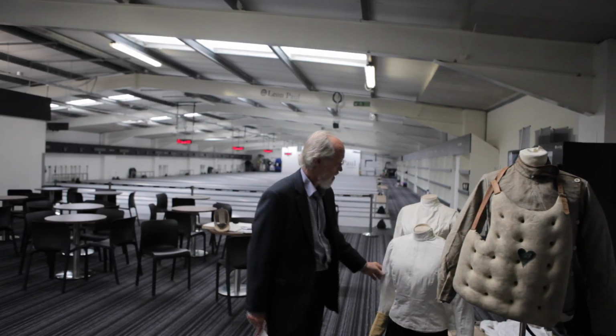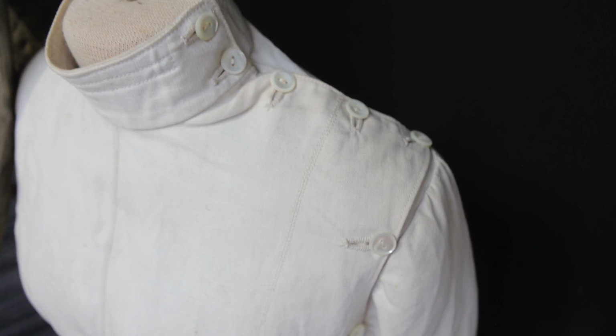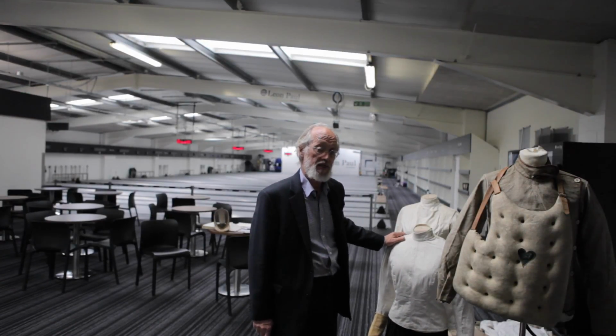Here we have a ladies' jacket which has buttonholes and buttons, and this would be worn when they're fencing. And of course at this stage the fencing was all non-electric, so there's no electric fencing whatsoever. Over here